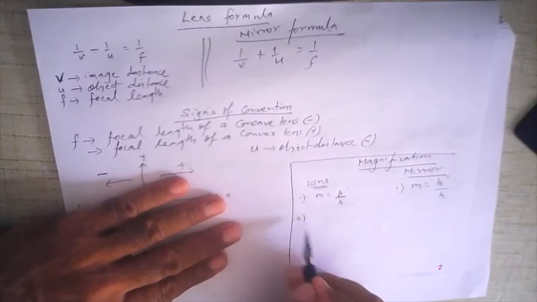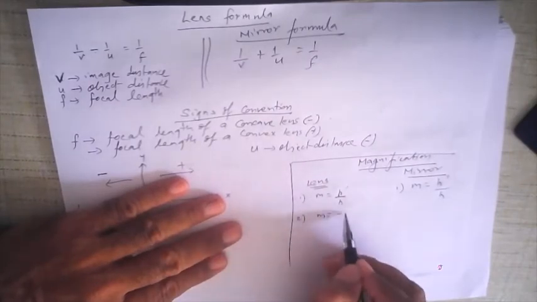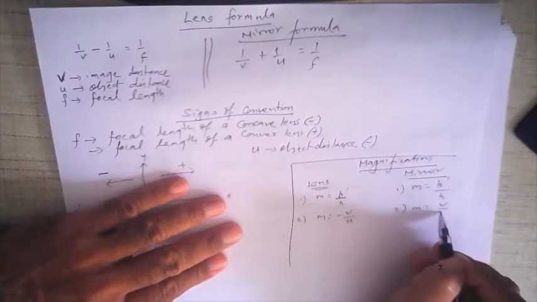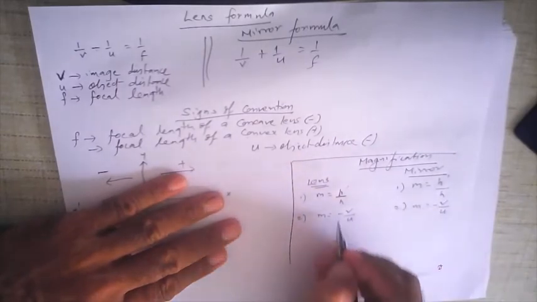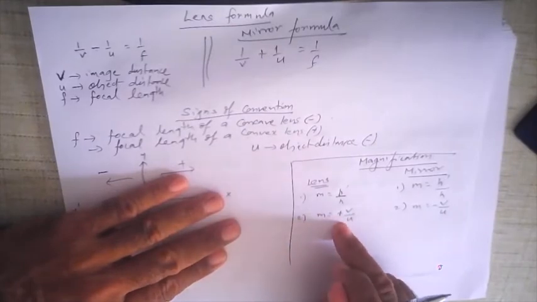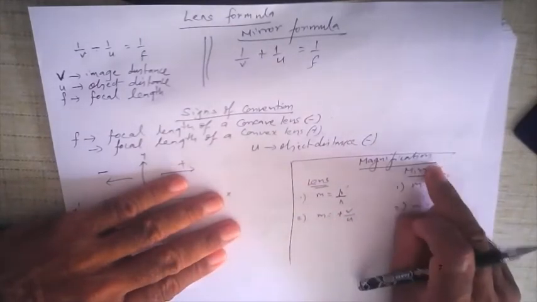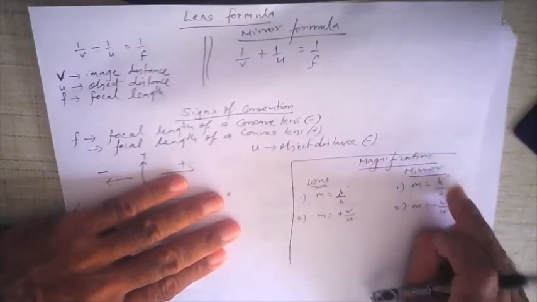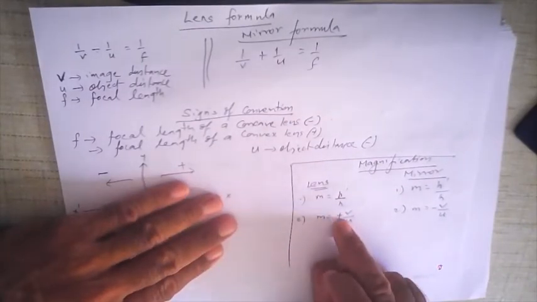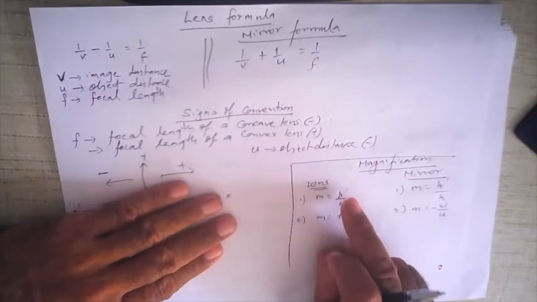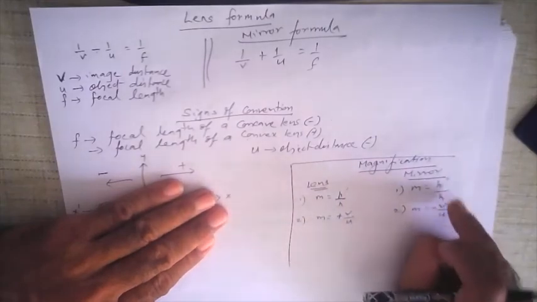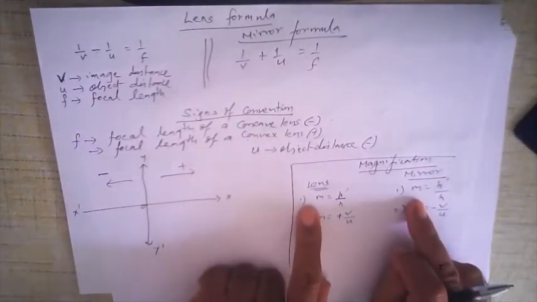But in the second formula, there is a small difference when it comes to object distance and image distance. Here magnification is equal to V upon U. So for a mirror it is minus, for a lens it is plus. There is no need to put the plus sign, it is understood, but the negative sign should be there for a mirror. So for a mirror, magnification is minus V upon U. For a lens, it is V upon U, there is no negative sign here. Then with the height of the image and height of the object, M is equal to H dash upon H. For both lens and mirror it is the same.